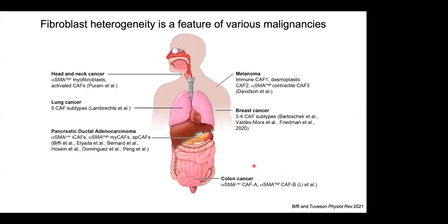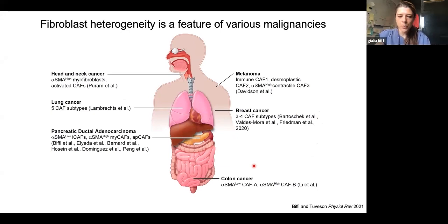So now I talked about pancreatic cancer and fibroblasts and why these are important, but you probably don't study pancreatic cancer, and so you may think, but why is that important for me? Well, actually, it turns out that fibroblast heterogeneity is not restricted to pancreatic cancer, but is a feature of several solid malignancies. And the same inflammatory and myofibroblastic states that we find in pancreatic cancer are present in other malignancies. And the same IL-1 signaling and TGF-beta signaling pathways are present in other malignancies and in other fibroblasts,